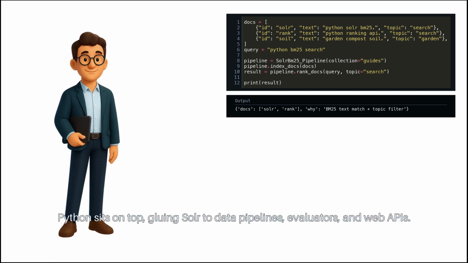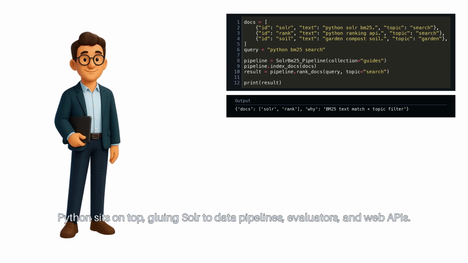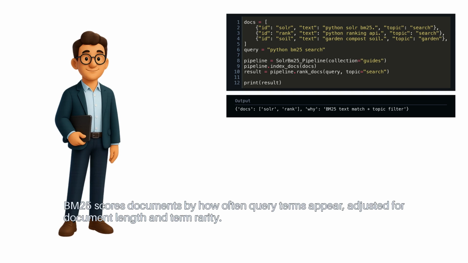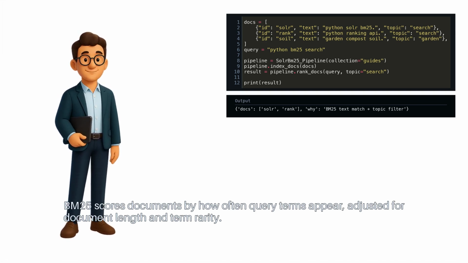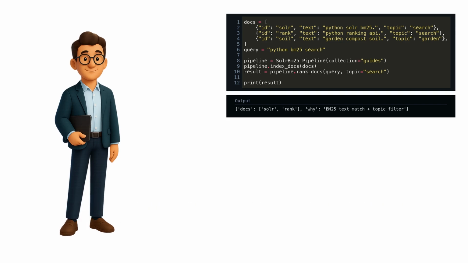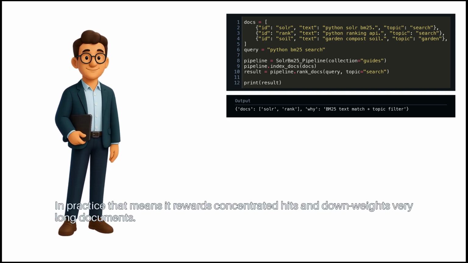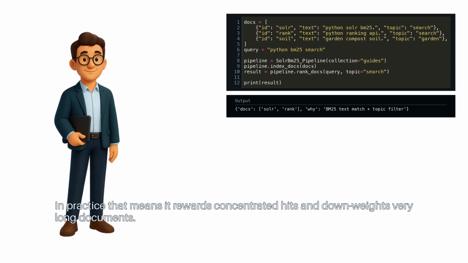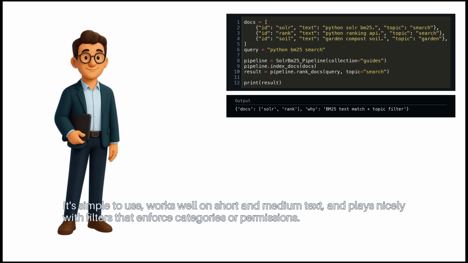Python sits on top, gluing Solr to data pipelines, evaluators, and web APIs. BM25 scores documents by how often query terms appear, adjusted for document length and term rarity. In practice, that means it rewards concentrated hits and downweights very long documents. It's simple to use, works well on short and medium text, and plays nicely with filters that enforce categories or